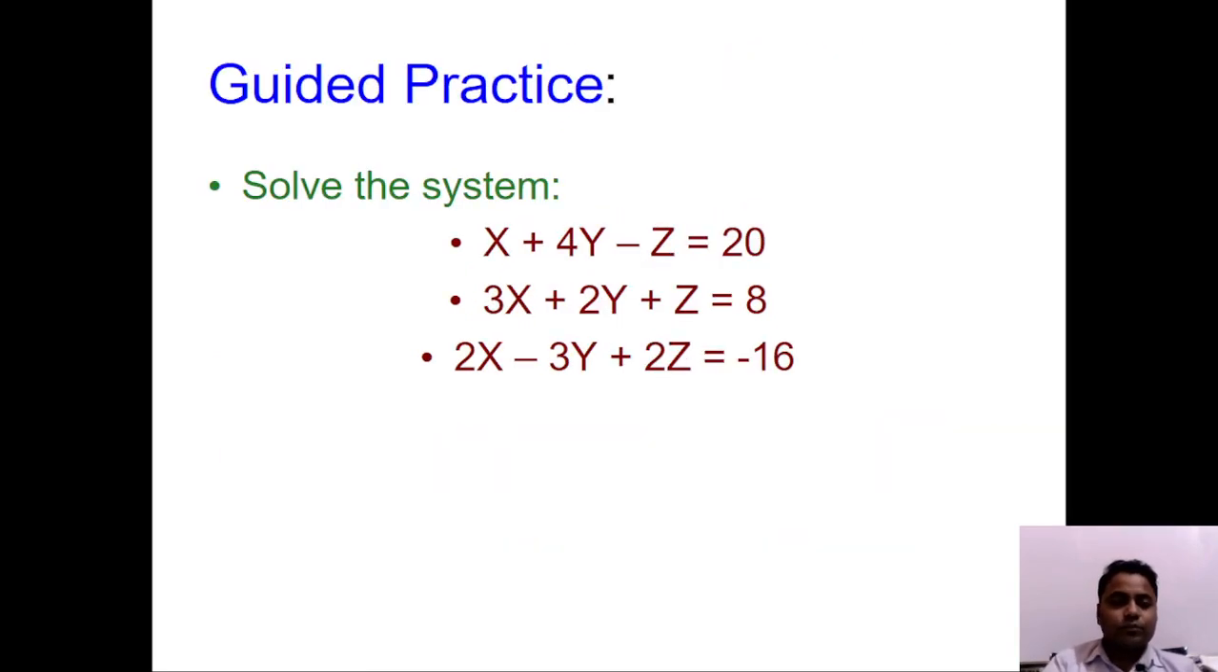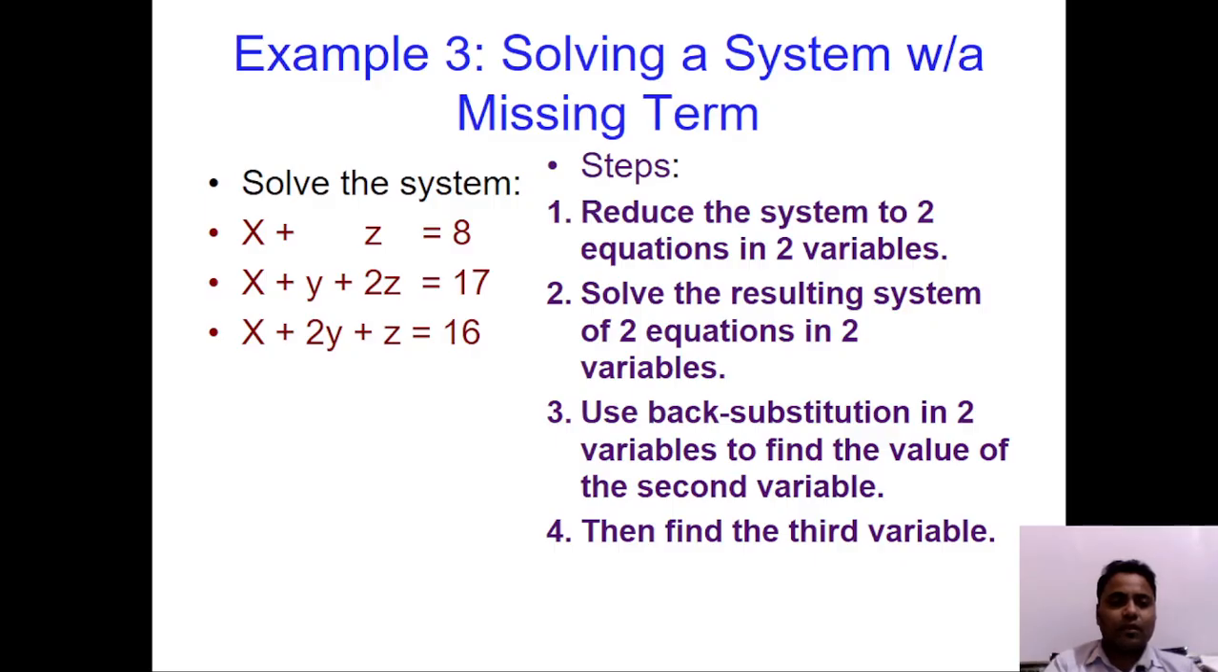This is also a question for practice. x plus 4y minus z equals 20, 3x plus 2y plus z equals 8, and 2x minus 3y plus 2z equals -16. Here in example 3,